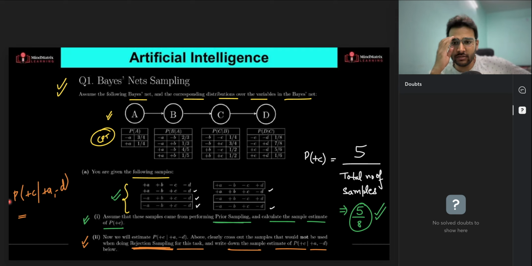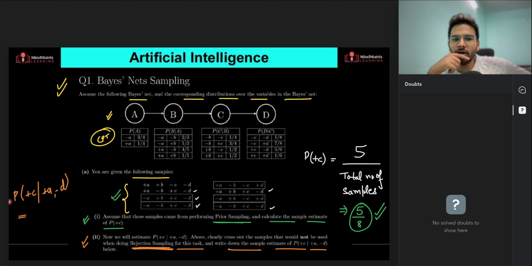Anyone else getting the answer? Remove samples which do not match with the evidence. Very good. That is correct, Chandana. So if you remove the samples, how many samples will be remaining? Once you remove those samples, 3 samples will be remaining, right? Out of 8, 3 samples will be remaining